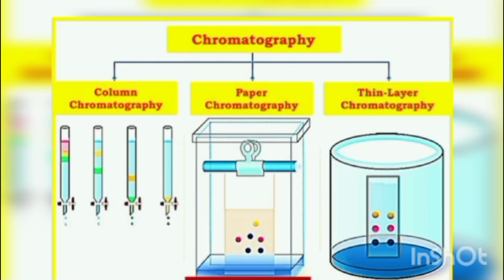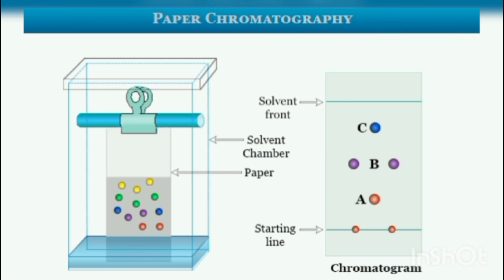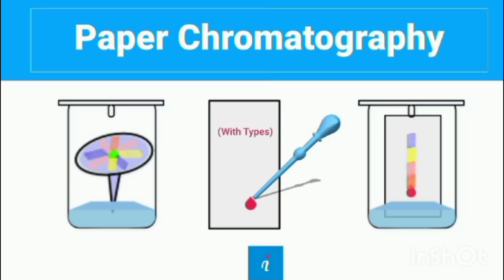And last but not the least, the separating mixture technique is chromatography. In chromatography, we take a chamber in which we use chromatography paper and a solution, and we dip that paper in it. What happens is, from the starting line, the ink will start moving upward, and there will be different spots which we observe, as you can see on your screen. In this way we separate a single drop of blue ink into different color patterns.